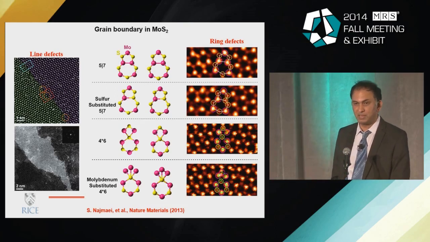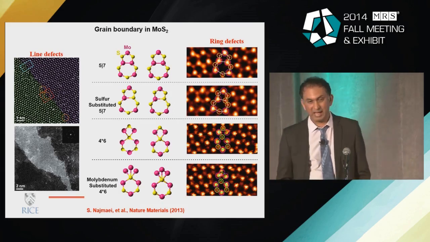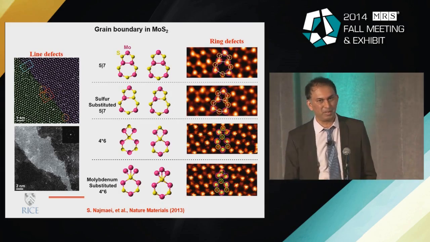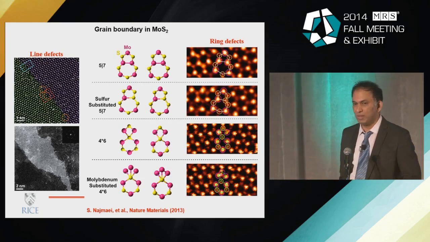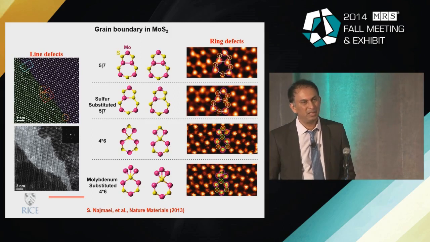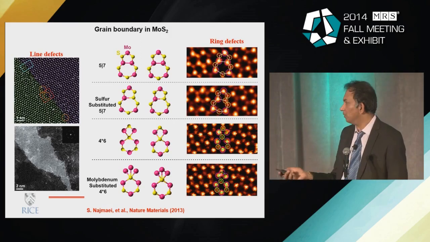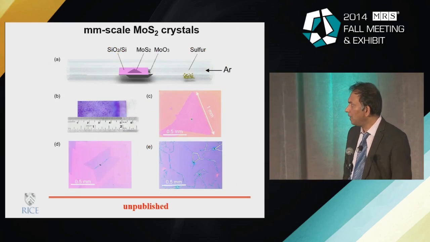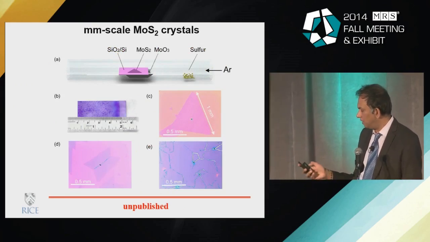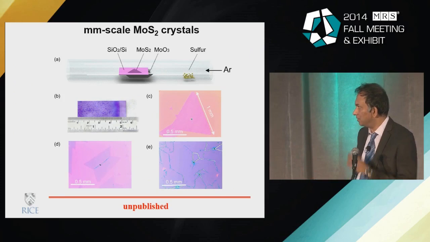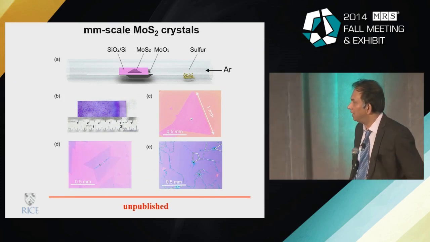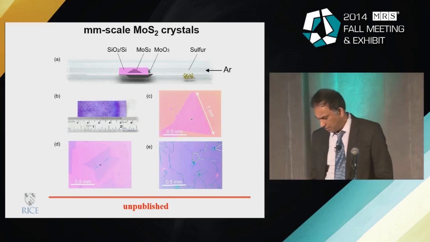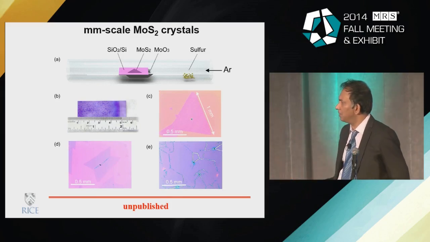The grain boundaries in these materials have also been predicted to have their own character, like magnetism and so on. A lot of predictions from theory. Experimentally, it has not been proven. But I think if there is a way to manipulate the grain boundary structure you have, then you can really play around with transport through these boundaries. And as I said, it's reasonably easy to grow very large domains, single crystal millimeter scale domains of these materials, and that allows us to get good devices made, which has been a very good thing.